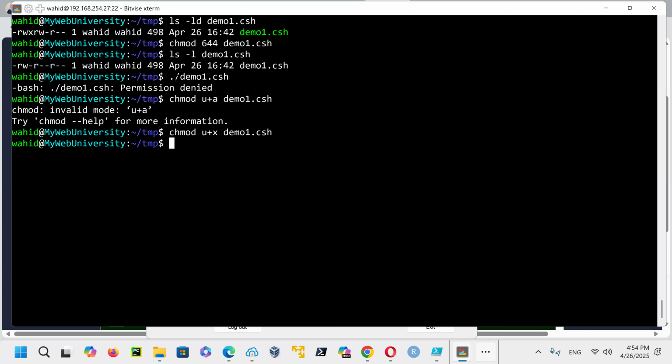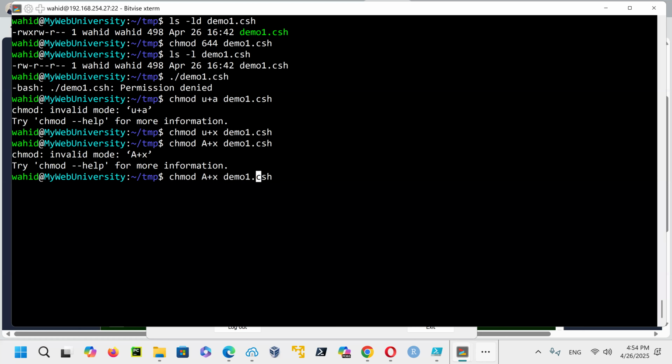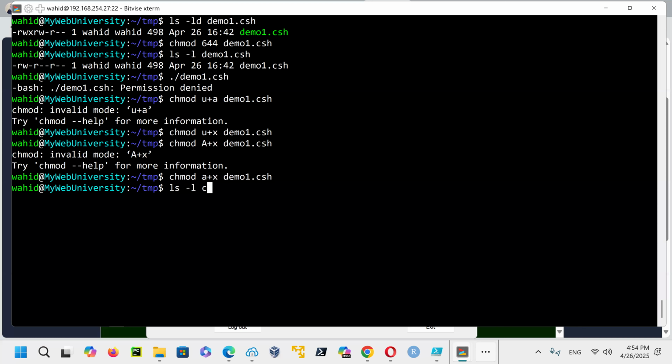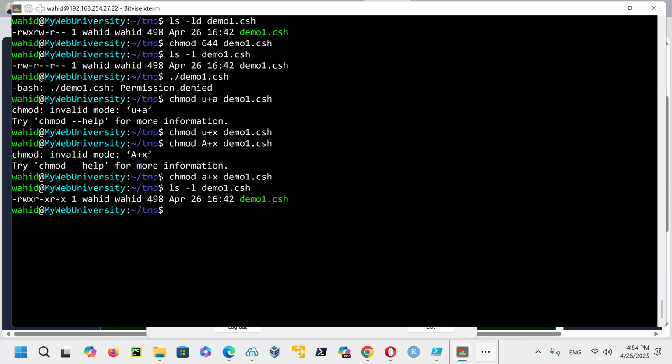U plus x, not u dash all. So u dash a has no permissions saying read, write, execute. A is if you want to do all; u is for user, and a in lowercase is for all. Now if I run demo1.c shell, you can see that everybody has execute permission.